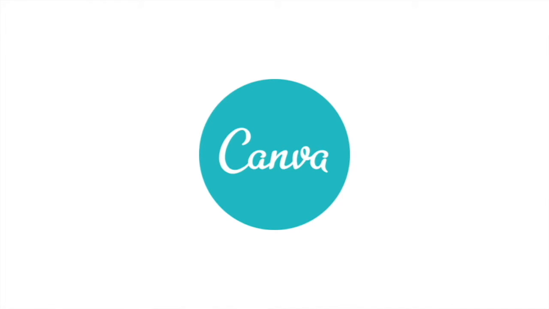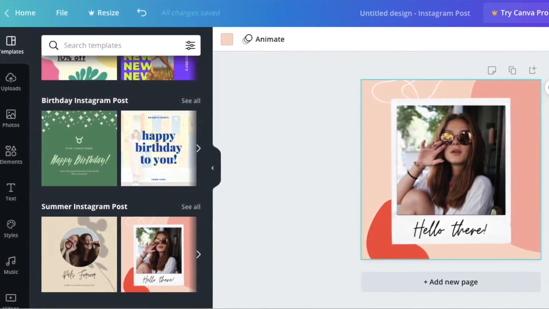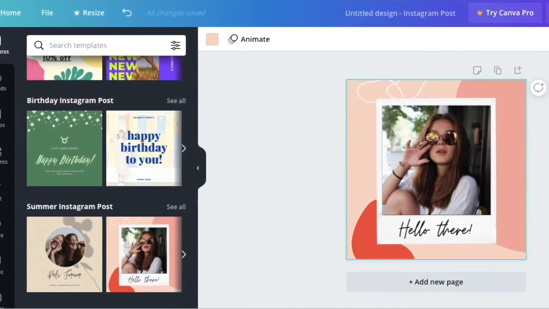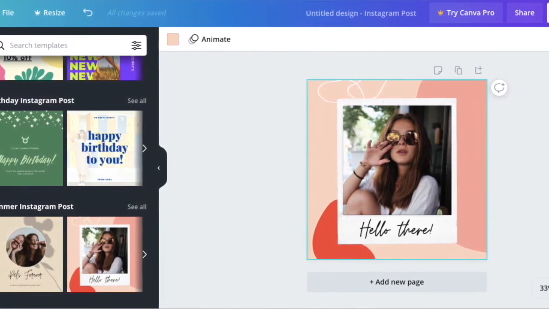Let's look at Canva. Now, Canva is a software that helps non-designers create graphic designs in an easy way. Its core features support any non-expert to create designs. So that is its core ability.